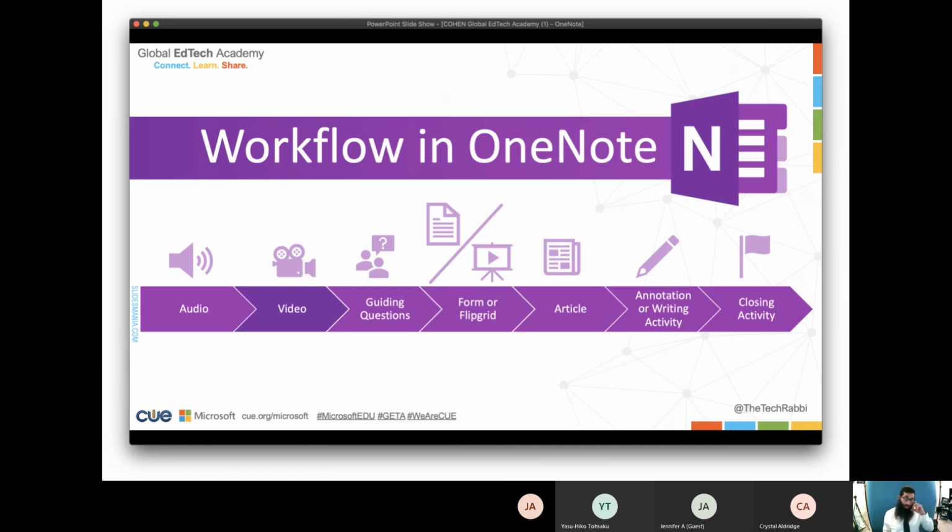And one of the things that I like to do is I start with an audio, sort of a prep or a pep, to try to get them excited and interested, give them clarity. What are the expectations? It's done via audio. It could also be done through text, but I feel like audio is just a better way to consume certain